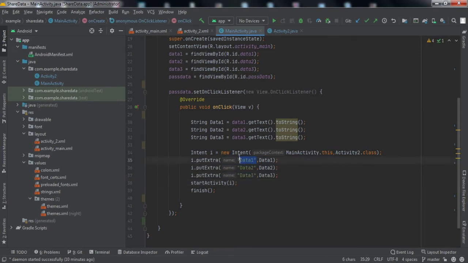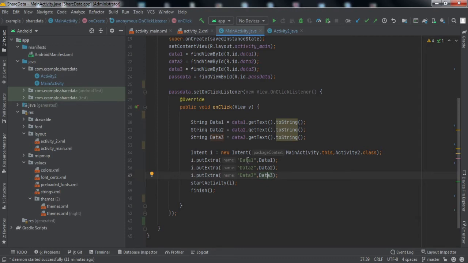The first argument will be the key. The key is used in the second activity when you're receiving data. So to receive particular data, you'll refer to this key, and accordingly you'll get this data. When you refer to data 2, then this data will be received, and similarly with data 3 this data will be received.